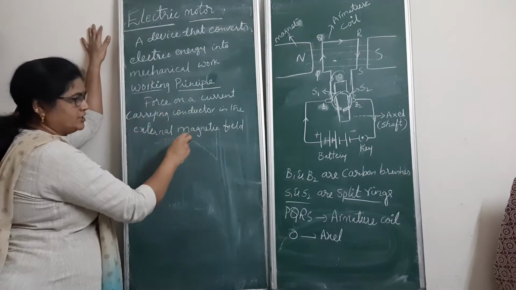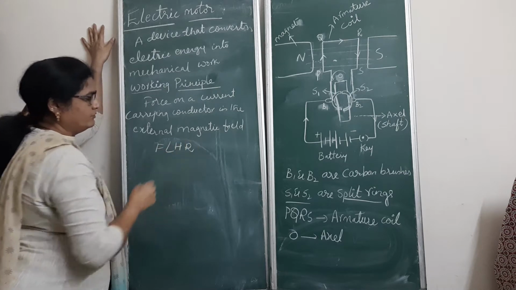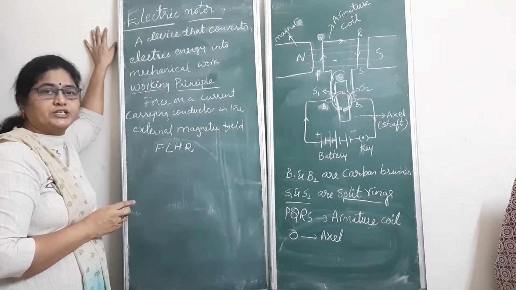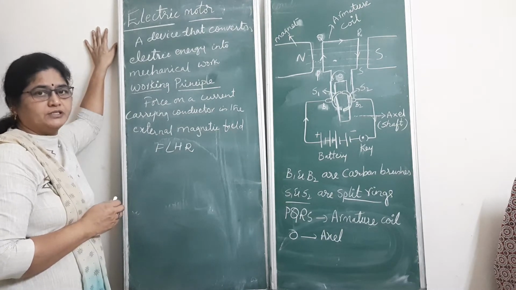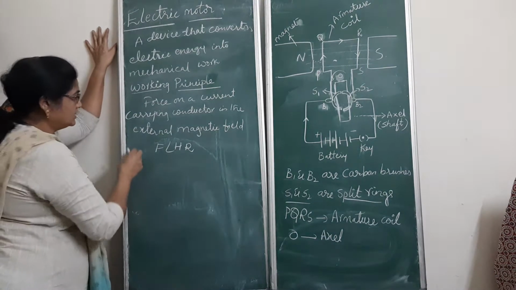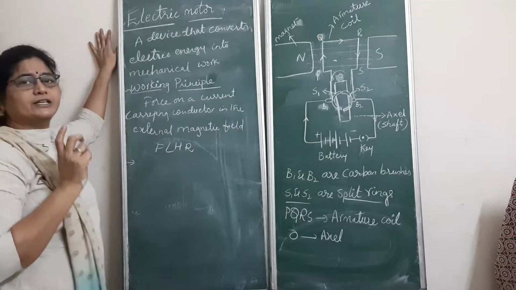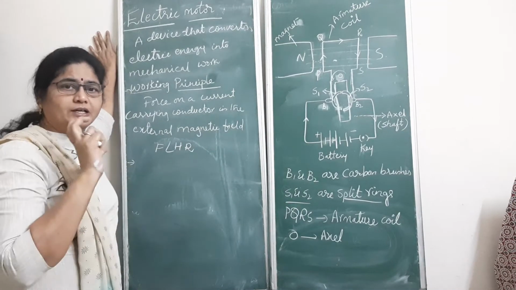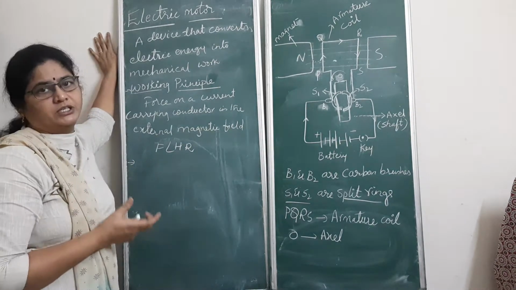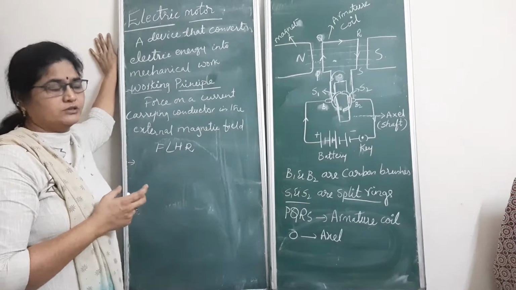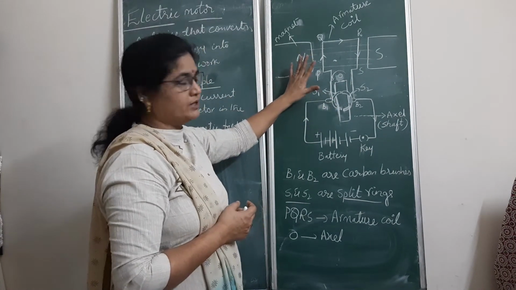So along with this, even we use Fleming's left hand rule to know in which direction the force is experienced by the parts of this electric motor. And the third point here is, need to know what it consists of. What are the various parts of the electric motor and their functioning, their working. So here I have shown everything in the diagram. You can observe the diagram very carefully.